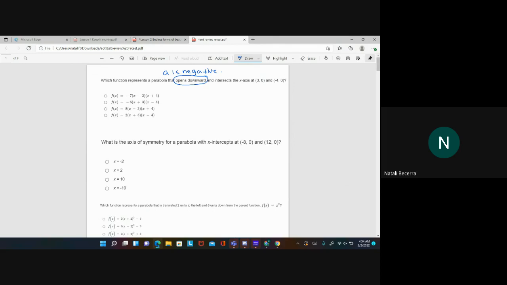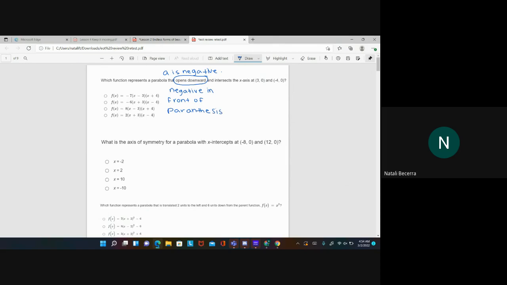So opens downward means negative in front of parentheses